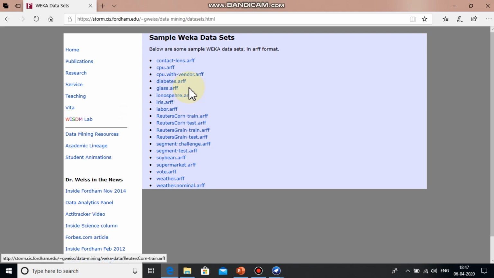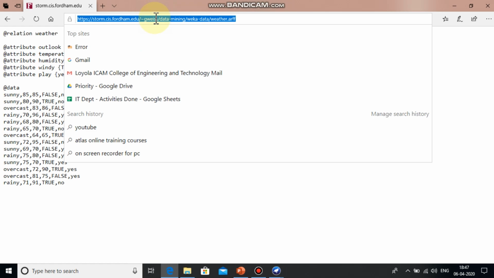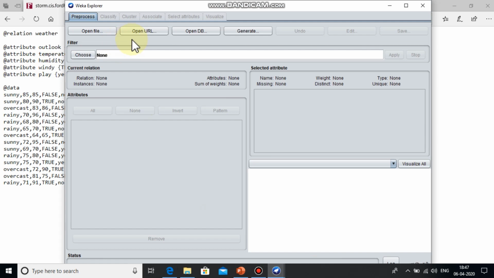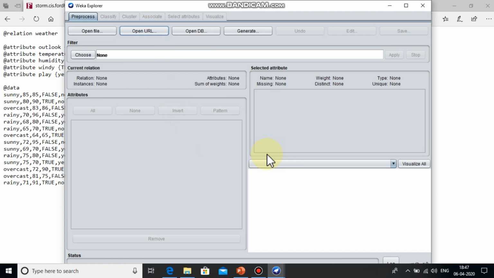There are a lot of sample data sets available. I am taking the weather data set. Copy this URL, go to your Weka Explorer, click the Open URL button, the second button, paste the copied URL and click OK.